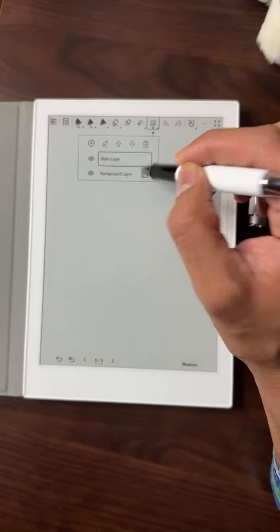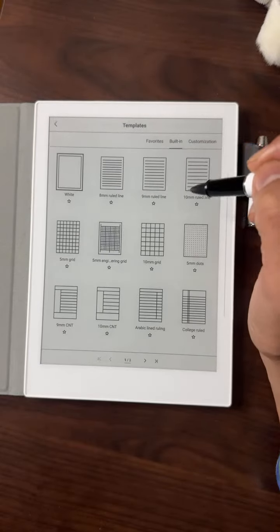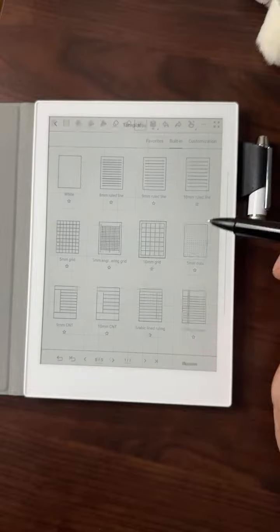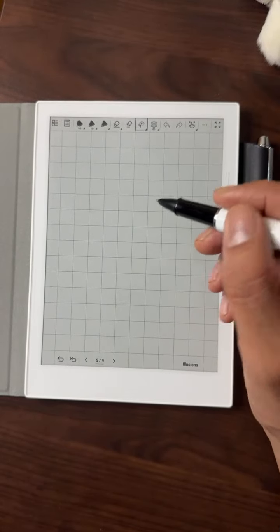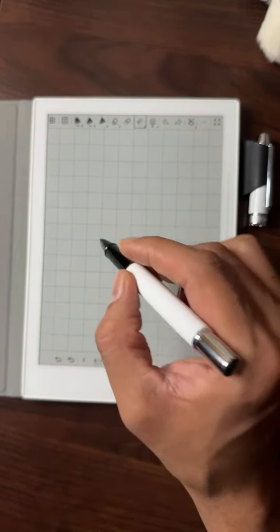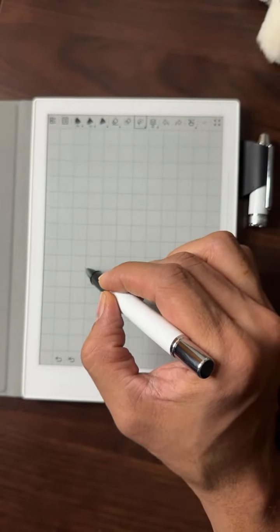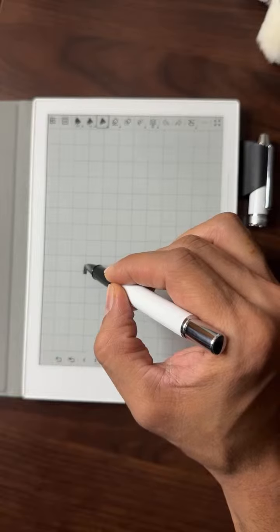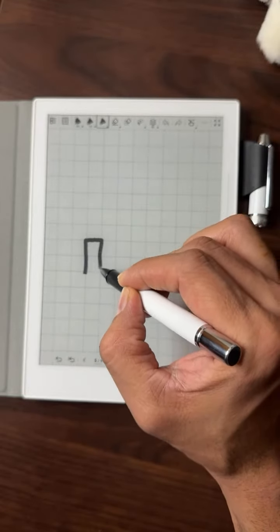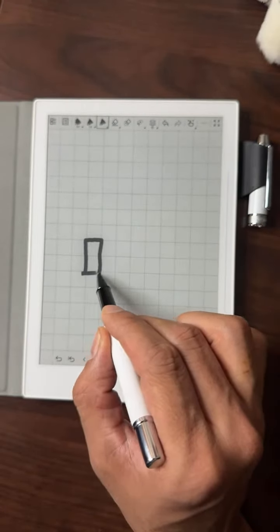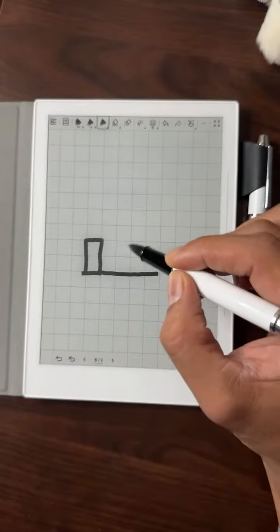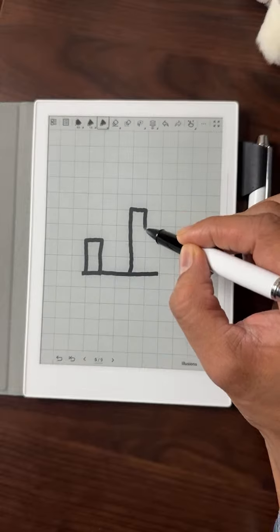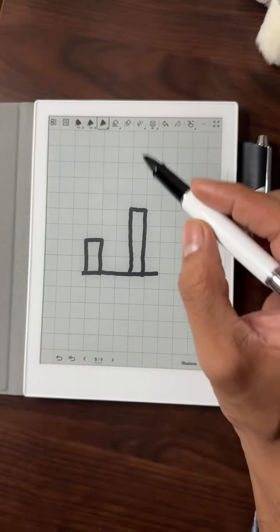You could add a layer, you can add a background layer. So you see here, you could add a grid, and later you can delete it. For example, I want to show a graph that I had this many subscribers in 10 months, and I doubled those in 2 weeks. So I could just